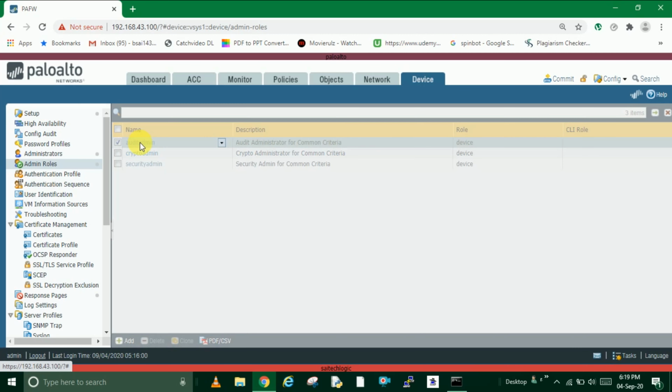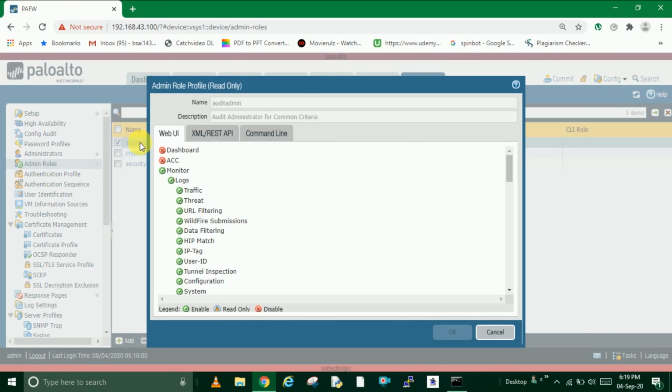Let us see what roles audit admin has been assigned. Click on it. Here you can see the green symbol implies enable, this symbol implies read only, and this red symbol implies disable. So this audit admin doesn't have access to dashboard and ACC, and these green color symbols you can see here.